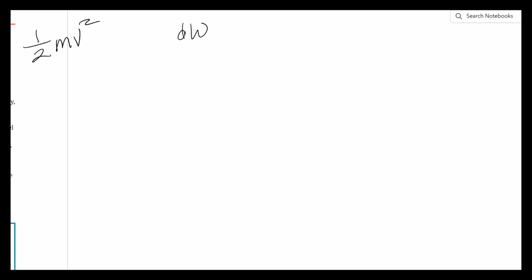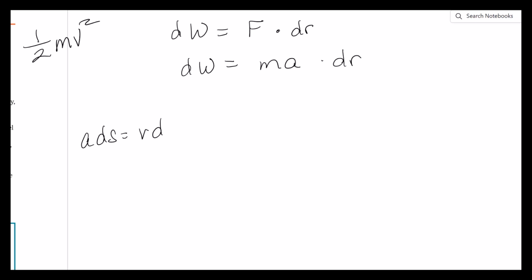So we know that the little itty bitty work is equal to F dot dr. And you're like, I thought you meant it was an integral. Well, yeah, you can either do this, or you can say itty bitty work equals itty bitty F dot dr. Now we also know that F equals ma, so let's see, what else can we do with this? Remember that other thing that was like a ds equals v dv thing? Right, maybe. So that means I can go like